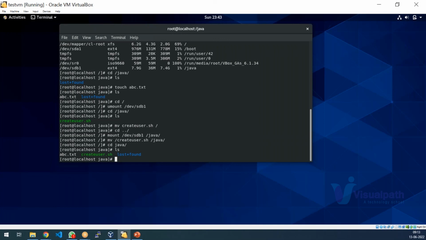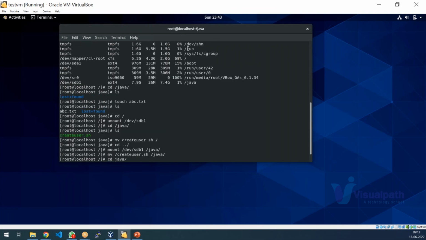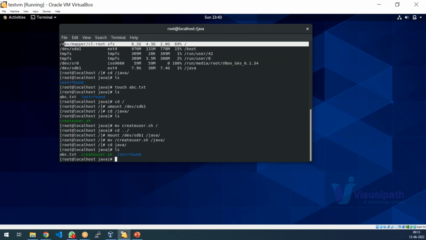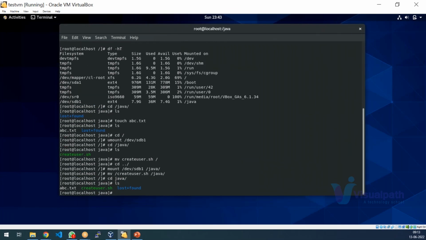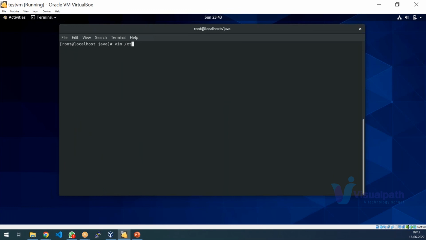But if my system reboots, this mount will not happen again. The Java folder will no longer have sdb1 mounted; it will be back on your root, because this is not a permanent mount. This is a temporary mount. When we mount something using the mount command, it is only temporarily mounted. If you want to persist it, so that at boot time the disk is mounted to the Java folder again, then you have to write that in